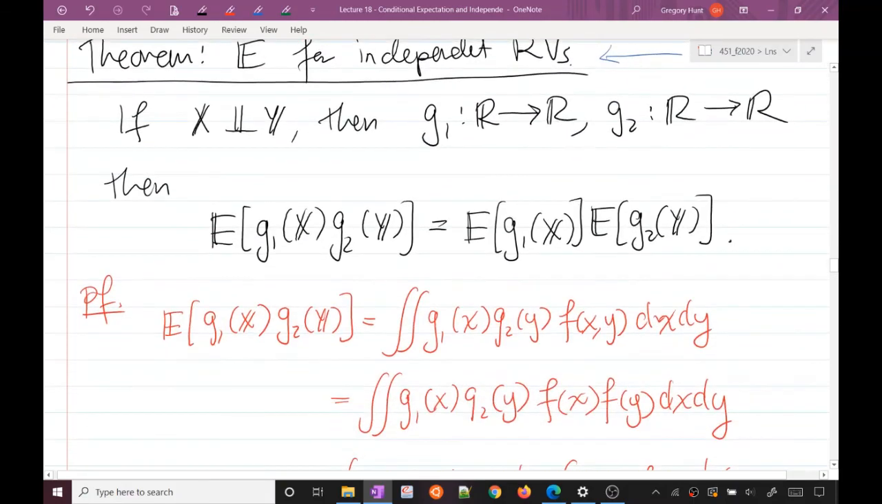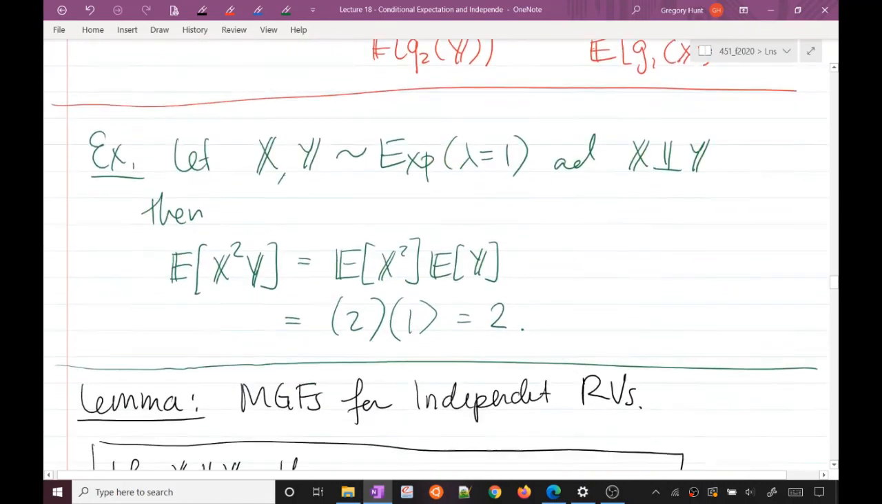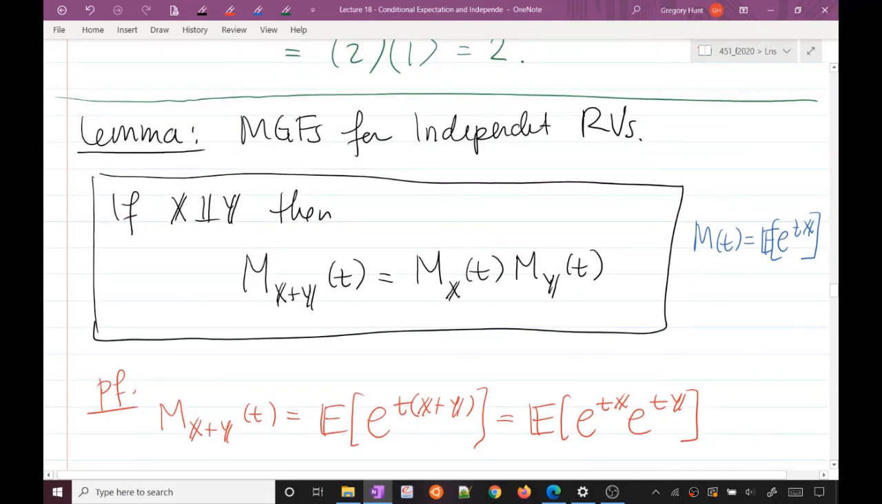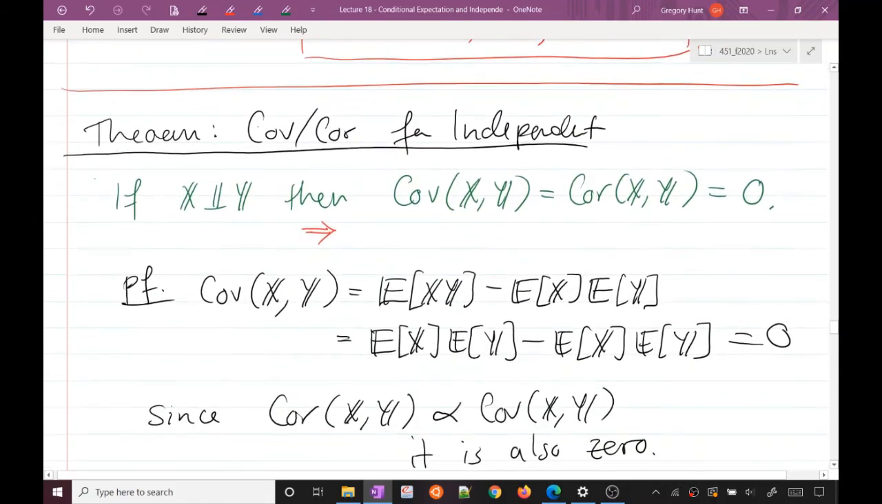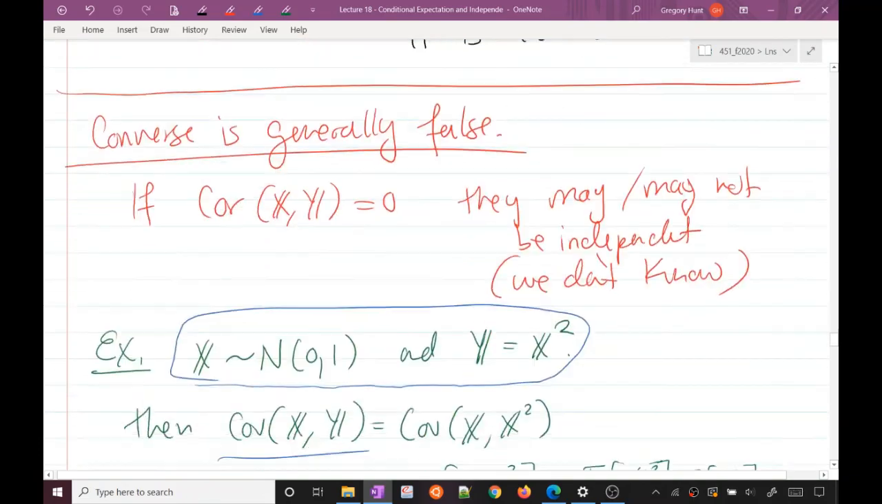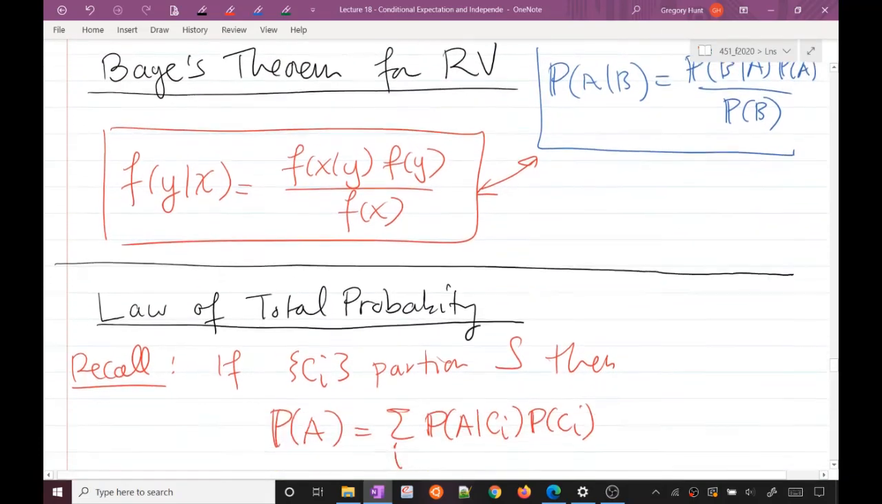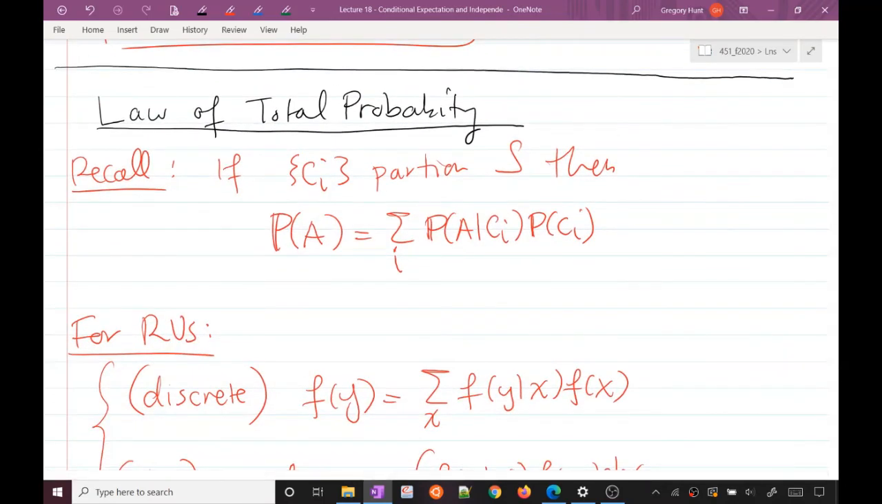And we saw some examples. We saw that the expected value of independent random variables allows me to break apart the expectation into products, which is super useful. And that allows me, similarly, like the corollaries, to break apart MGFs of sums into products of MGFs. And we showed that if random variables are independent, then their correlation and covariance are 0, but the reverse is not necessarily true. And then we finally looked at a Bayes theorem for random variables